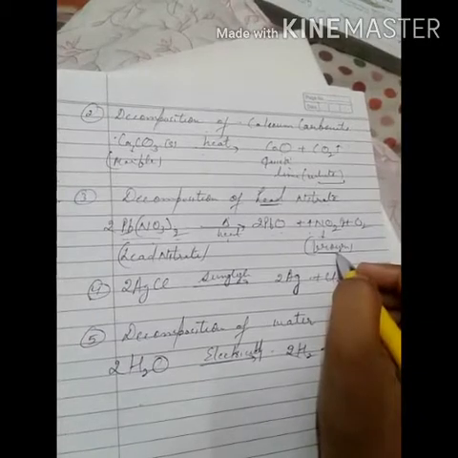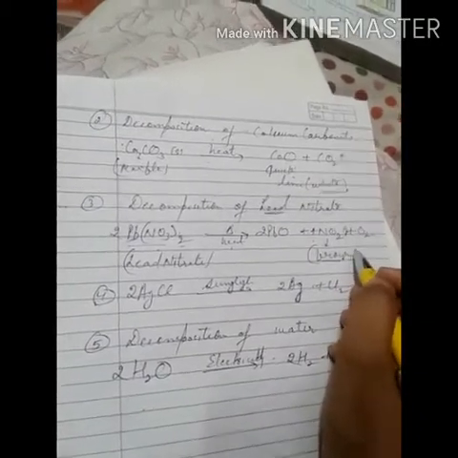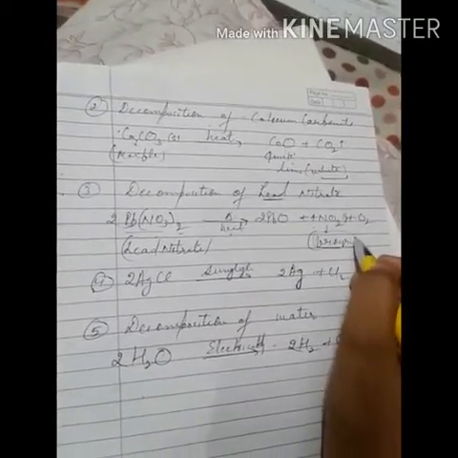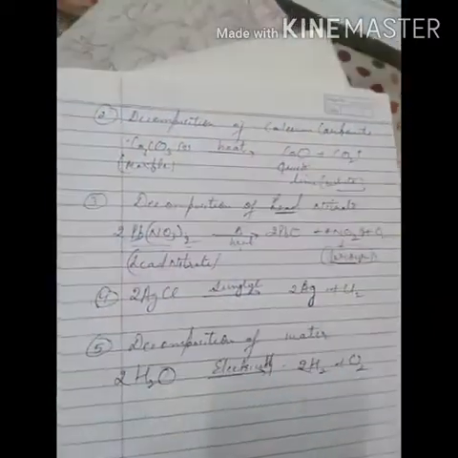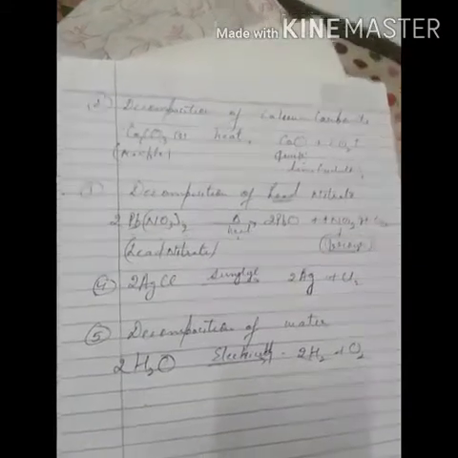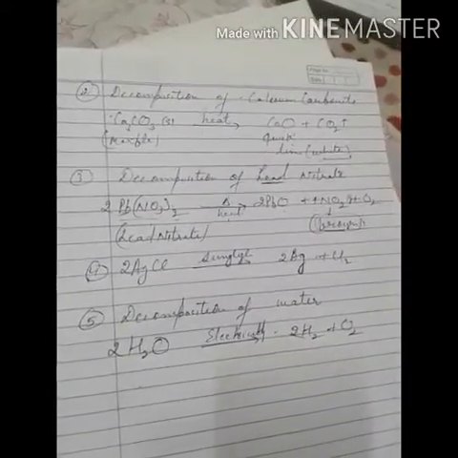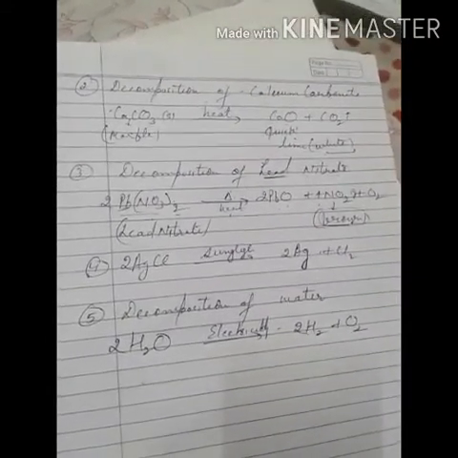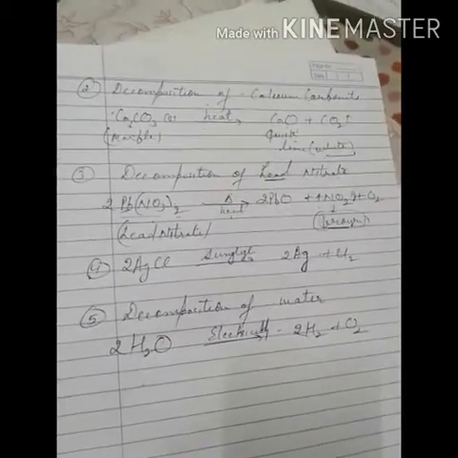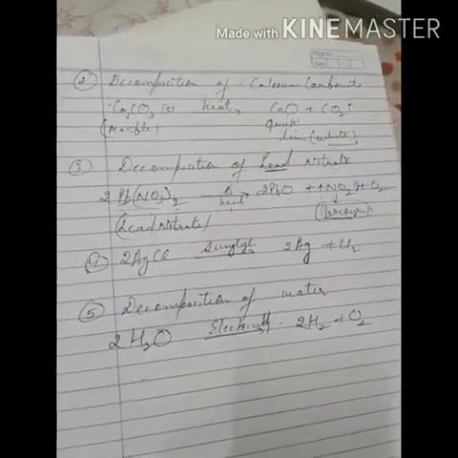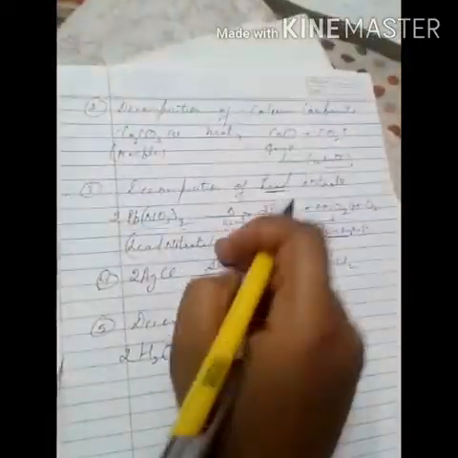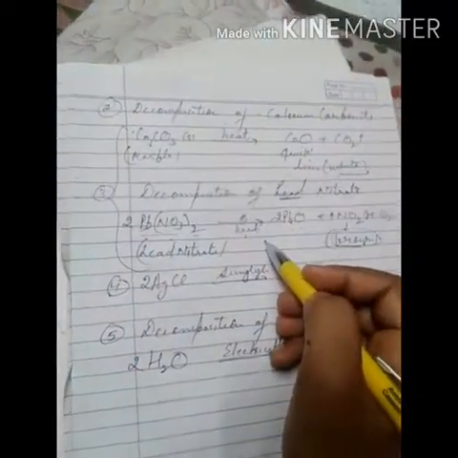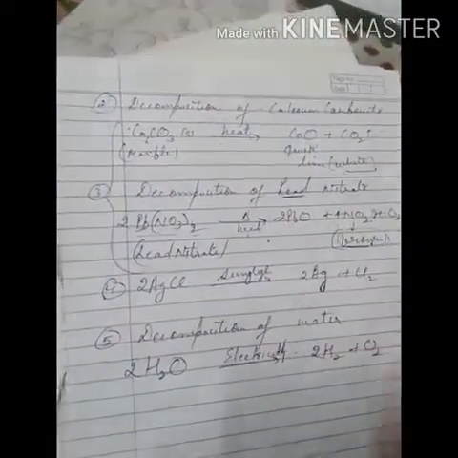Usually the questions are asked by giving you the color of the product evolved, or the color of substances. So wherever the color is mentioned in a reaction, you have to learn the colors also, like nitrogen dioxide, which color is it? You have to learn these things also. Now what is common in these two reactions? We find that in both reactions, to bring about decomposition, we require heat.